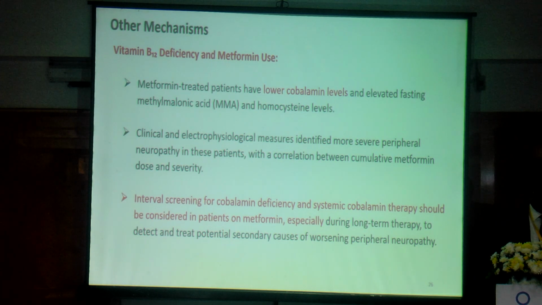Other mechanisms: metformin treated patients have lower cobalamin levels and elevated fasting methylmalonic acid and homocysteine levels. These are the levels that are affected here. And the clinical and electrophysiological measures identified more severe peripheral neuropathy in these patients, with a correlation between the cumulative metformin dose and the severity also. So interval screening of cobalamin deficiency and symptomatic replacement of B12 is mandatory for each and every